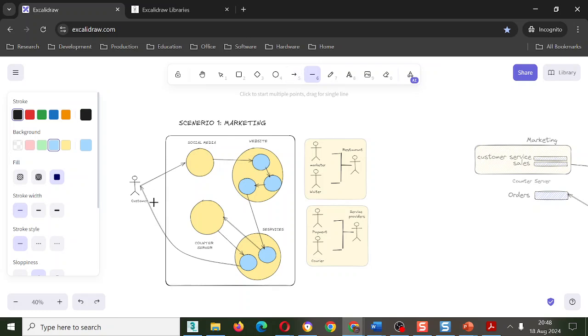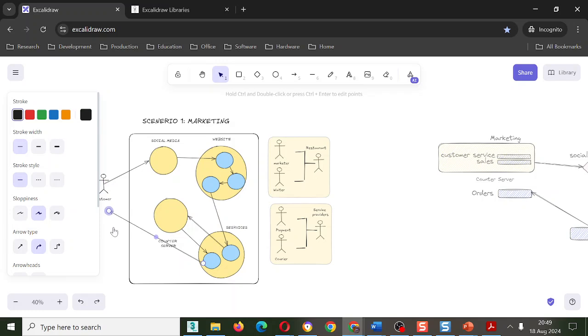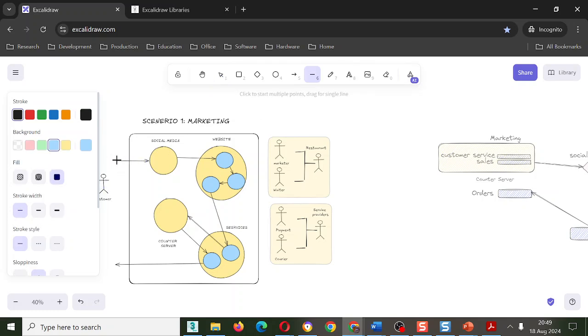So one way is to just make this go straight out here and this go straight out here. And then you can use this line to connect them back to base like this.